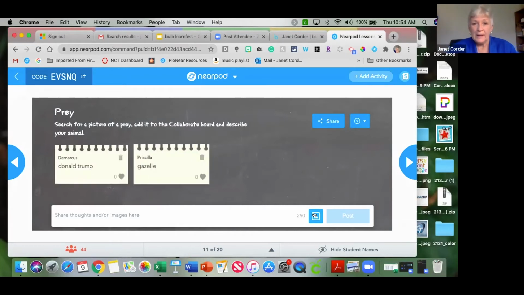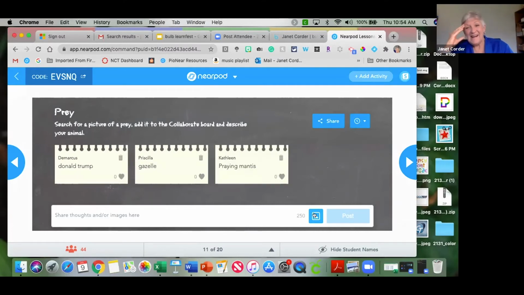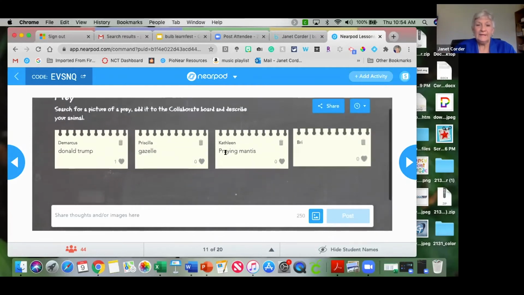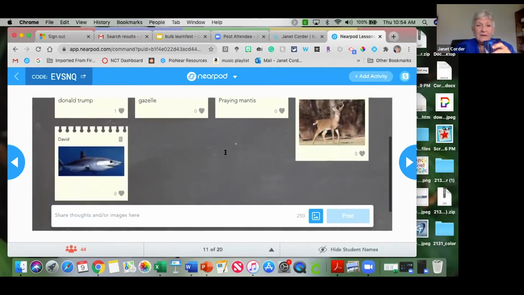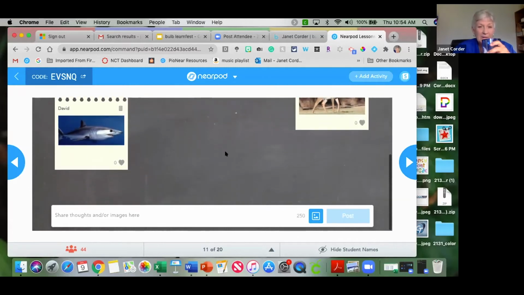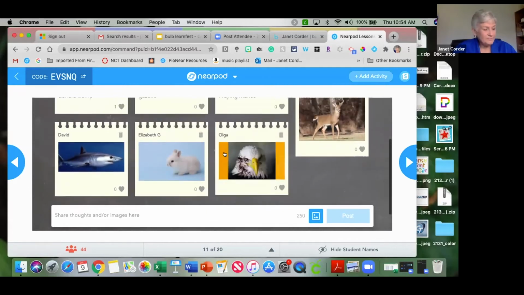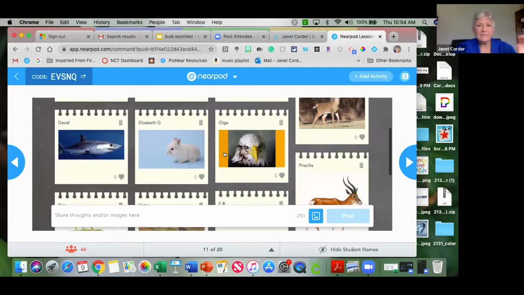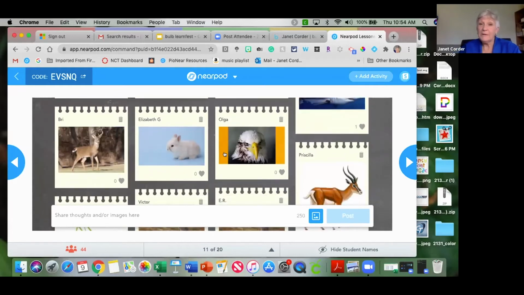animal a prey. Thank you, DeMarcus. A praying mantis. Okay. Okay, here comes a deer, shark. And David is correct with his shark image because a shark can be a predator and it can be a prey. All right, so I can have my kids go out and pull in images, or they can put in